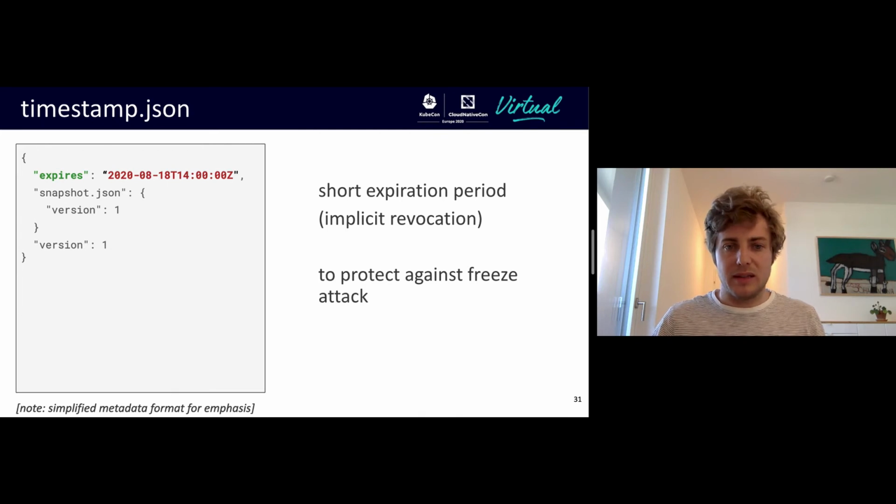This is called implicit revocation because the client will regularly discard old timestamp metadata and request new one. So a client won't be vulnerable to a freeze attack, where an attacker tricks the client into believing that there are no more updates.